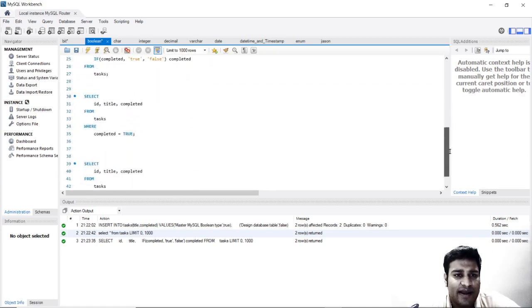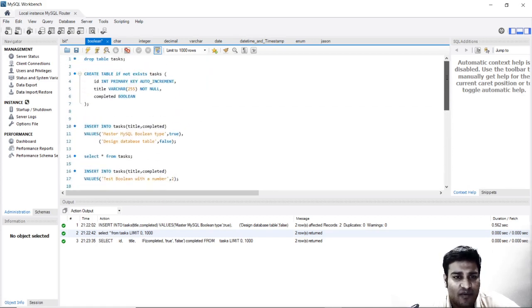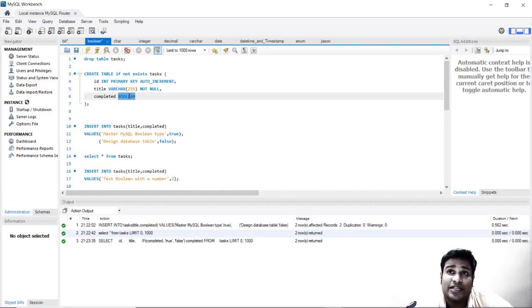Second is boolean, which we just discussed. What exactly is boolean? Again, it is 0 and 1, a data type which defines what kind of column you need. The column will be as per the business. Your business should state that you need a column which should have a data type of boolean.